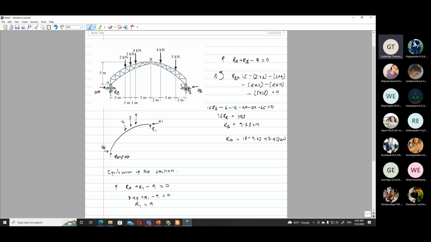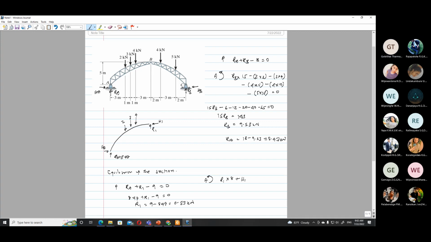So R1 is 9 minus 8.47, that is 0.53 kilonewton. Then if you know R1, we can find H1 by taking moment at A. R1 into the distance, 3, 4, 5, 5 plus 3, 8. R1 into 8